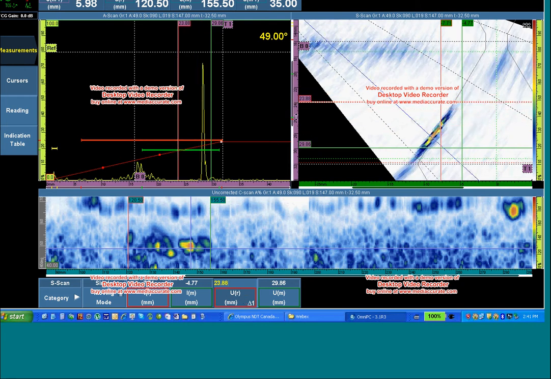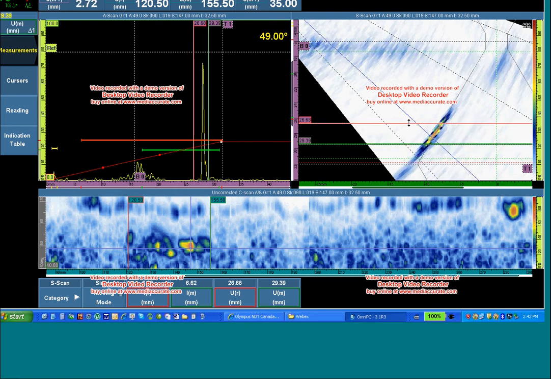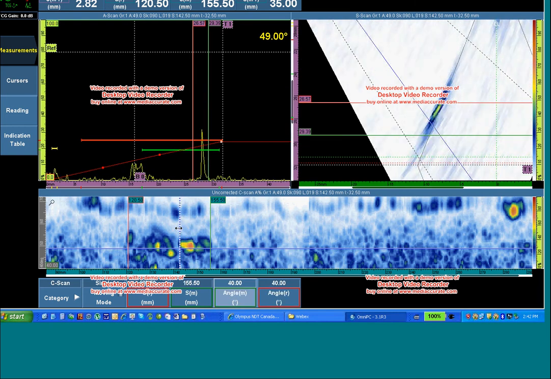Our depth and height sizing only requires the UT axis, so I will just put the index cursors out of my view. I'm going to define the top and bottom of the sidewall lack of fusion based on about a 3 dB drop. I'll zoom in a little bit tighter. Now, as I walk the data cursor, I want to make sure no part of that is significantly higher or lower